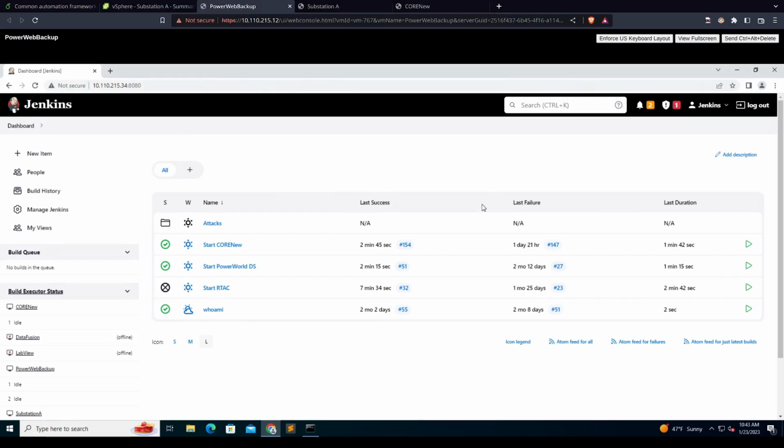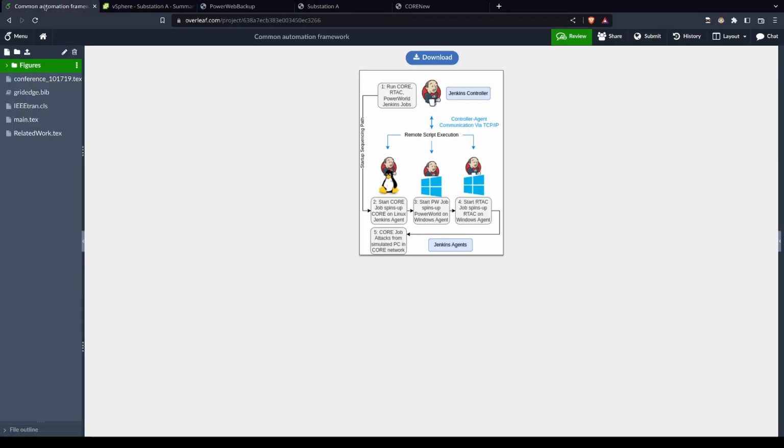Hey everyone, I'm just recording a quick video on our RESLab automation software. So RESLab has a power simulator which simulates both the cyber and physical parts of the network. We emulate a network using the Common Open Research Emulator, CORE. We use PowerWorld DS to model the power flow through a simulation. And finally, we use RTAC Accelerator for a DNP3 server, which communicates information to and from PowerWorld through our CORE